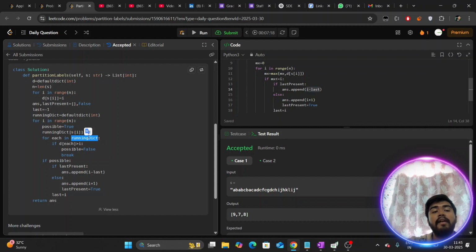So the maximum length of our running dict can be 26. So this solution is kind of 26 into n. What is the time complexity? 26 into n for this particular solution we just discussed. So now, maybe in the interview,